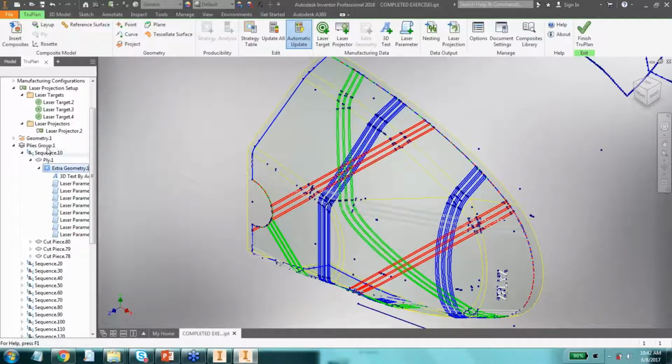Or I could drag it up one further level to plies group 1, and it'll take effect for every sequence in that plies group. So depending on where you locate this gives your extra geometry a lot of power, because you could define that extra geometry one time and really have it apply to each ply without having to duplicate this and copy and paste it over and over. Now the other nice thing about this extra geometry is that if I copy this from one file to the next,